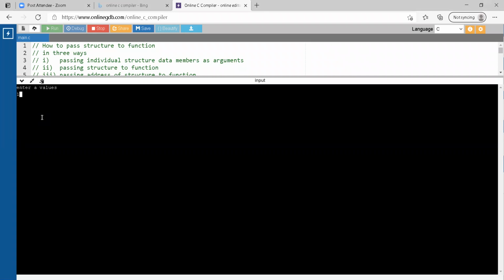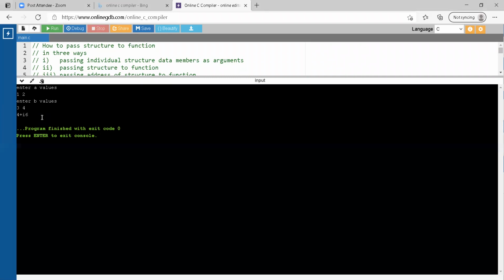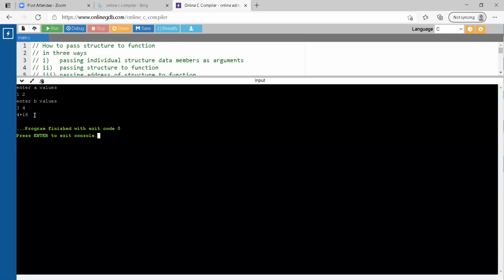A values: the real number is 1, the imaginary number is 2. B values: the real value of B is 3, the imaginary value of B is 4. Now my result complex number is 4 plus i6. So like that we can perform addition of two complex numbers by sending individual data members of a structure as arguments